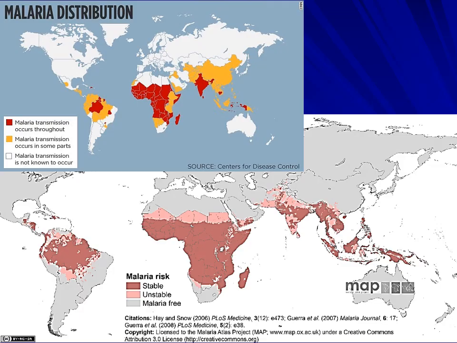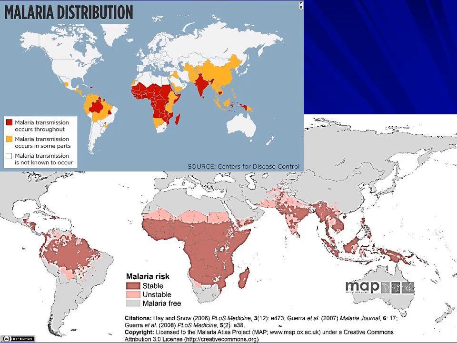This is a map of the distribution of the malarial parasites in the world. If you notice in the upper map, in red color, you can notice the areas which are endemic for malaria. Looking at Africa, we notice that all of tropical Africa, or what we call sub-Saharan Africa, is all infested with malaria. Like in the Amazon basin in South America, the red patch there in the heart of South America refers actually to the Amazon area, plus some other foci here and there, of course, and in India.